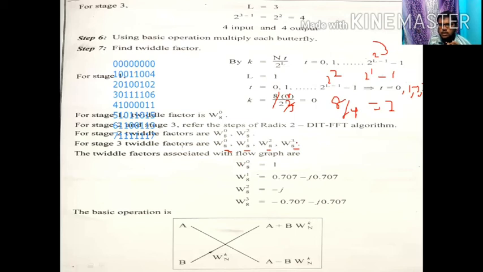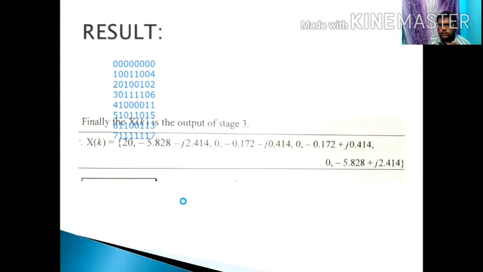The values of the twiddle factors. You should remember all 4 values here, very, very important values. First, W8 power 0 value is always 1. W8 power 1 is 1 by root 2 minus j 1 by root 2, which is nothing but 0.707 minus j 0.707. Next, W8 power 2 is minus j. W8 power 3 is minus 1 by root 2 minus j 1 by root 2. How it comes is using the formula. I will give you the formula. The twiddle factor form is W N K.